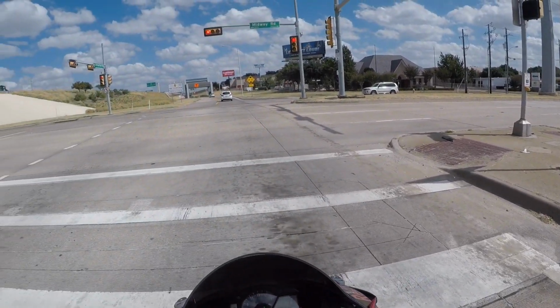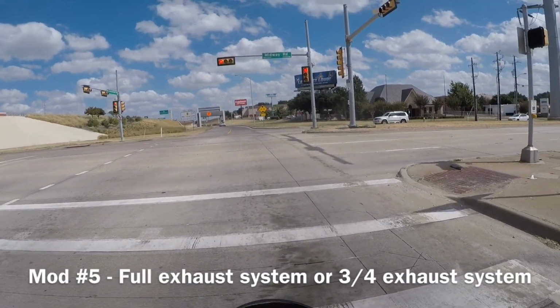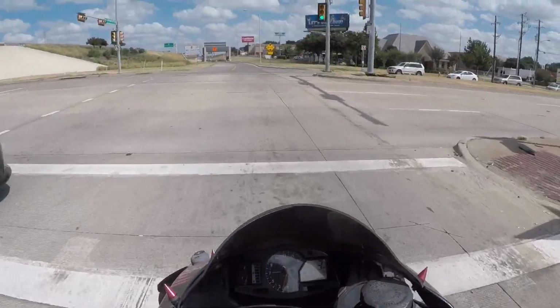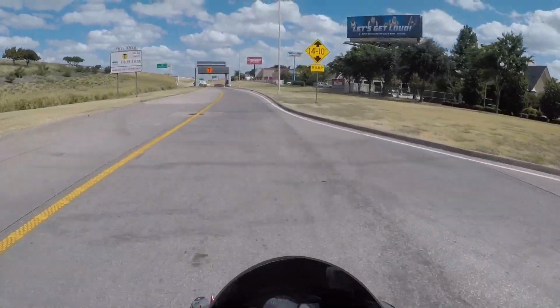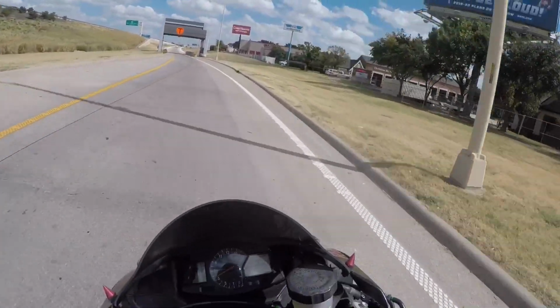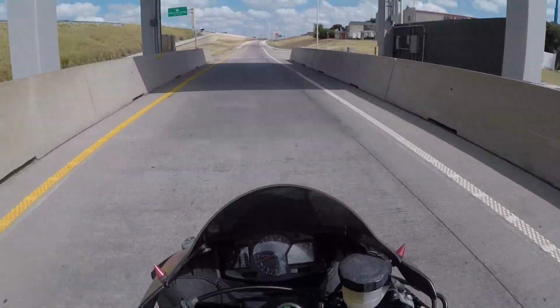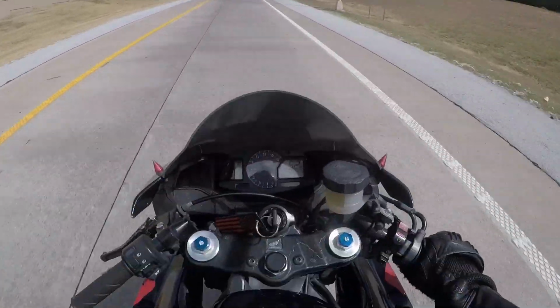And the last thing would be getting exhaust. Now, if you can afford it, the best system to get would be a full titanium system, but that costs a lot of money, and not everybody's trying to spend that much money on their bike. So to compromise, just at least get a 3/4 system, and that would at least eliminate the catalytic converter on your bike